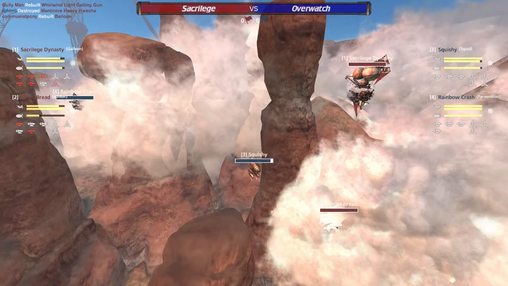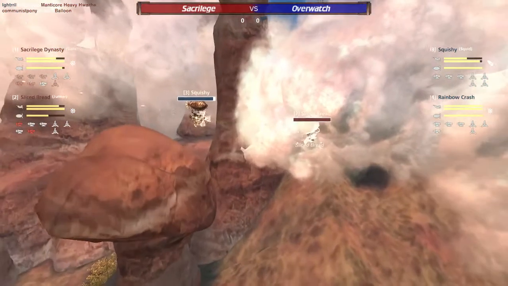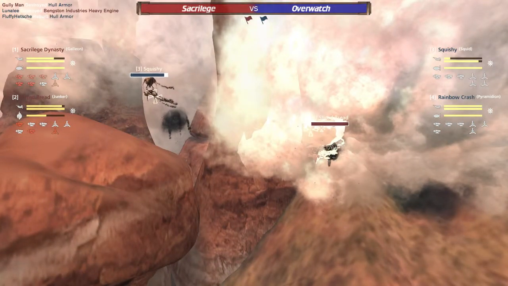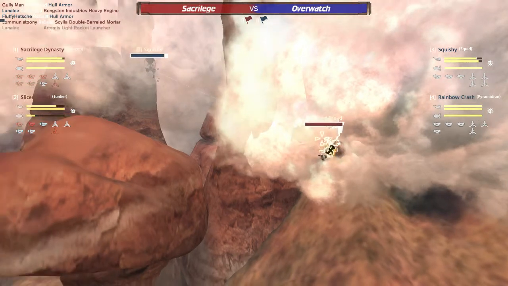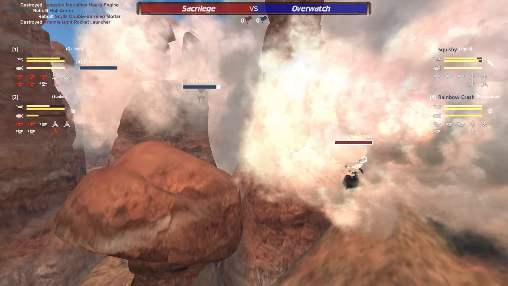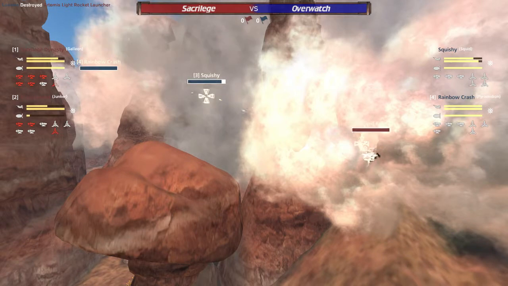Sacrilege Dynasty actually has almost all of its guns out currently, but one. Oh, however, Squishy just wandering right into that gap, mortar sides. Taking a little bit of permahull there, getting it back up, however, they don't want to be that close, that's for sure. Sacrilege Dynasty still no guns. They've got literally one gun up currently, and I don't...